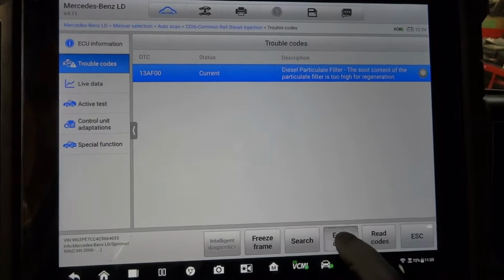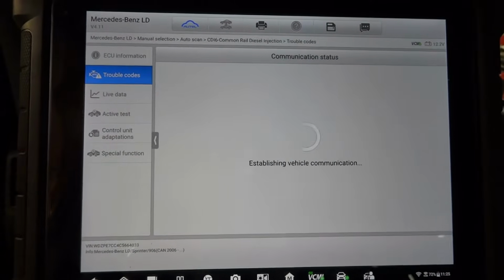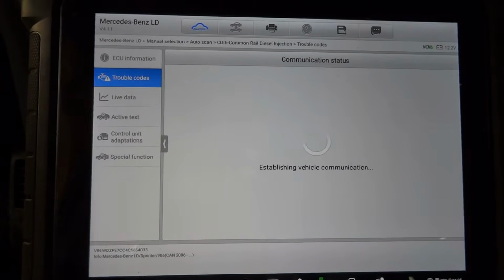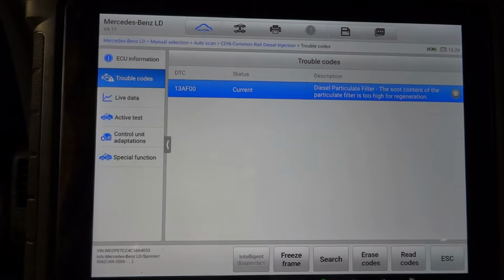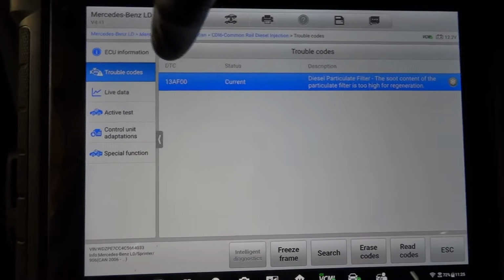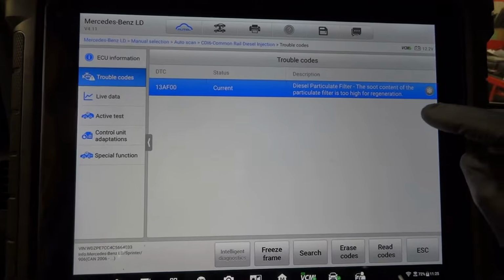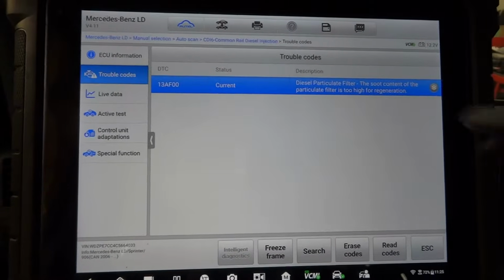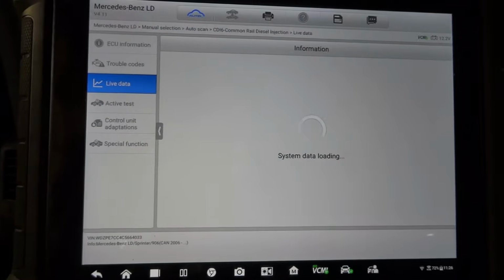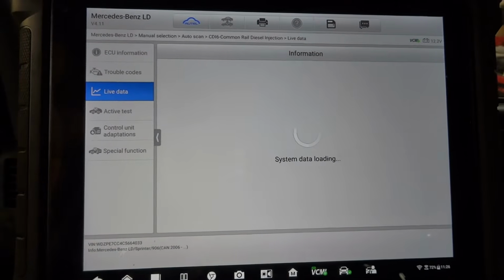Even when we erase it, let's erase it one more time. When we erase it, it comes back up. Alright, so right there, the same trouble code, 13AF00, is coming back up. So as long as we have this trouble code in memory, the regeneration process is not going to take place. So let's go to live data and look at the data of all the sensors around the DPF,